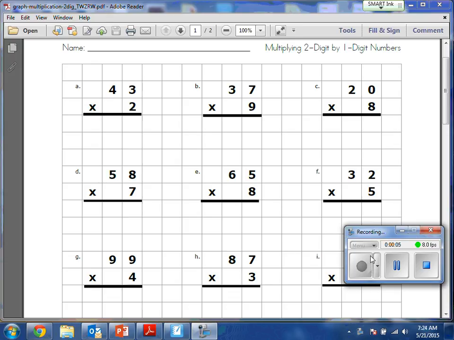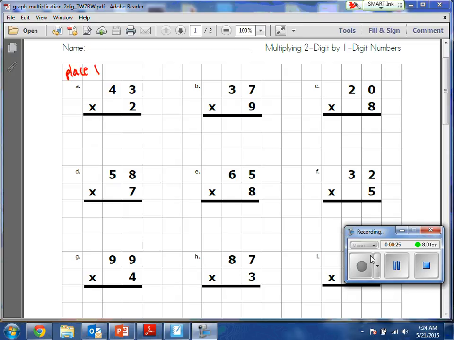Today, what we are going to be working on is multiplying a two-digit number by a one-digit number. So let's go ahead and get started. When you are multiplying a two-digit number times a one-digit number, what you need to think about is multiplying by